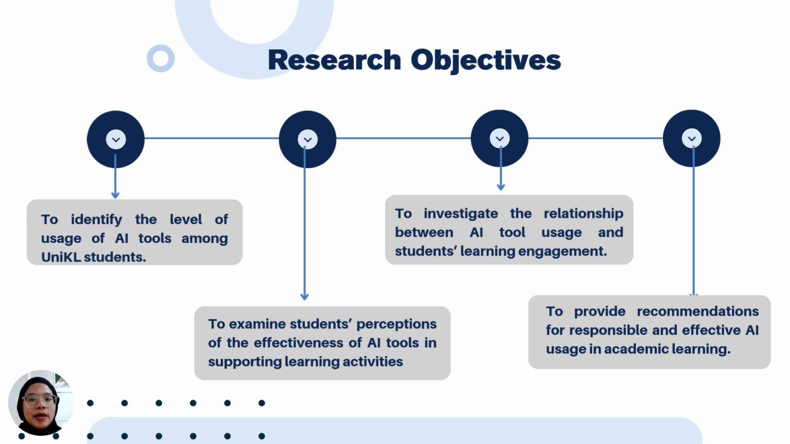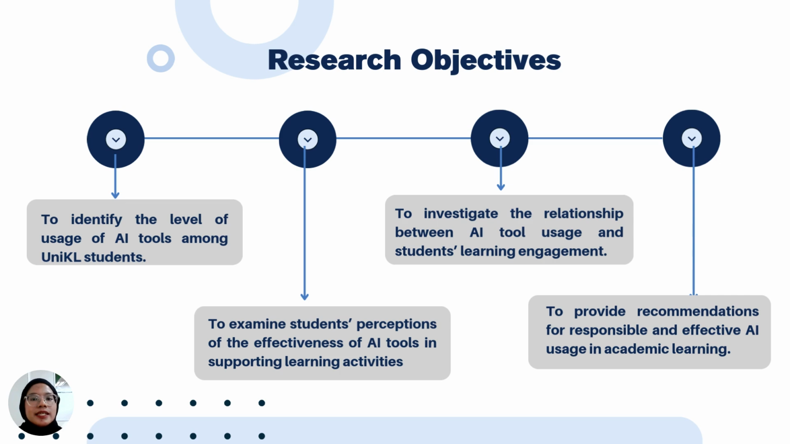This study is guided by four main objectives. The first objective is to identify the level of AI tool uses among UniKL students. This includes understanding how frequently they use AI and for what purpose. The second objective is to examine student perception of how effective AI tools are in supporting their learning activities. For example, whether AI helps them understand topics better, complete work faster, or improve writing